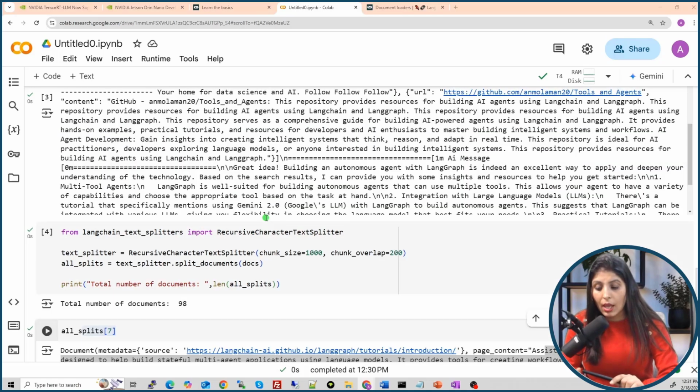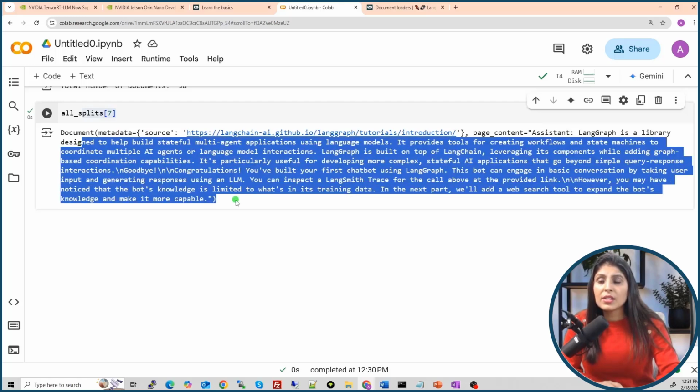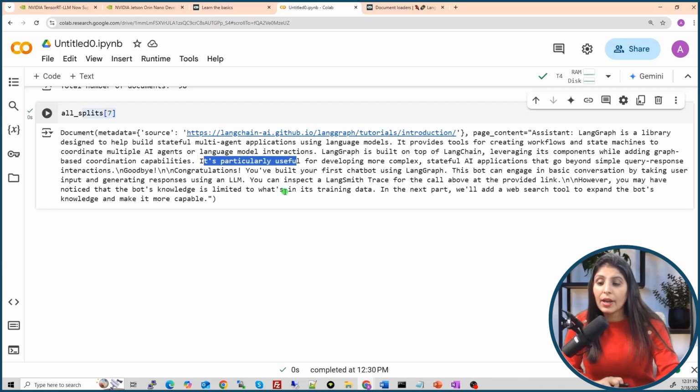Now we have the external data source, which is our URL, showing the latest LangGraph work, and then we divided that big document into smaller chunks. The next step is, see guys, our model will not understand if we provide this kind of input to it. We first need to convert the text into numbers. In natural language processing tasks, our model doesn't understand strings, right? So we need to convert them into numbers. For that, we use an embedding model. For today's tutorial, we are using the embedding model from Hugging Face.